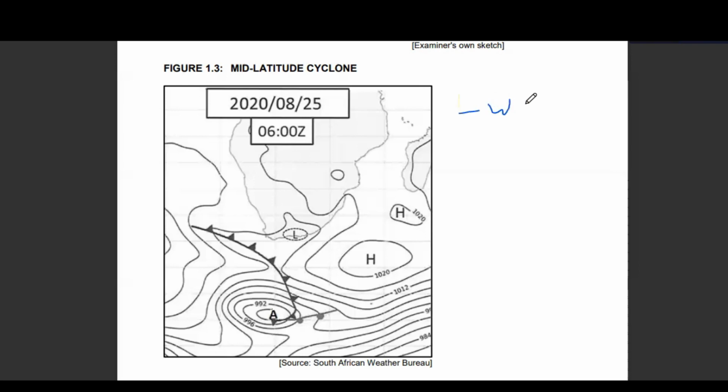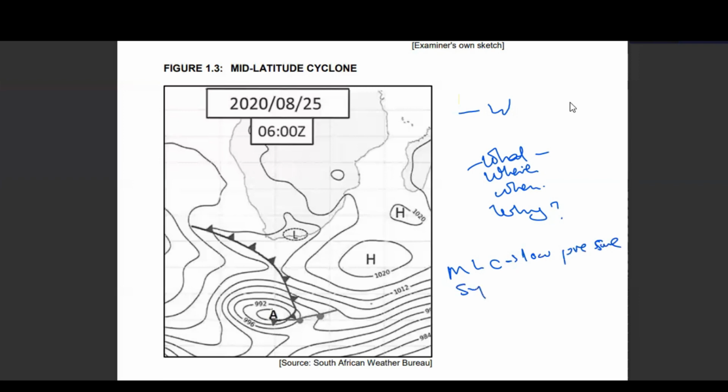what, when you talk about what, we are referring to the definition now, the definition of mid-latitude cyclone. So we start with what, okay, where, when, okay, and then we can also ask or answer why, okay. So in this case, when we say what, if we are referring to mid-latitude cyclone, we define it and we say it's a low pressure system, as you know it very well, the low pressure system,